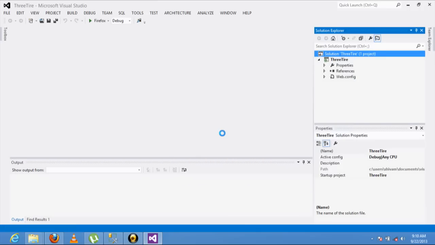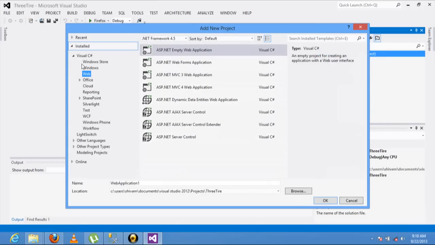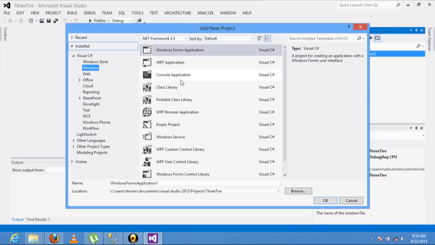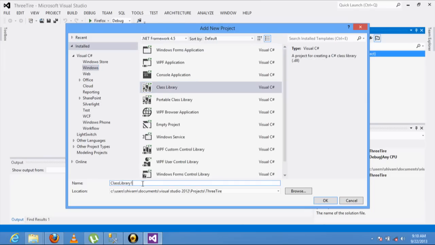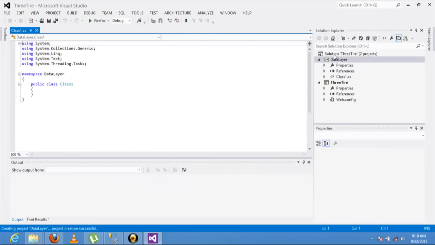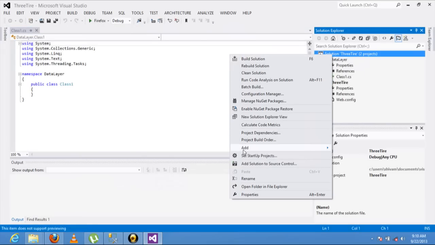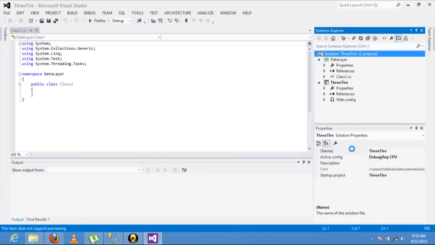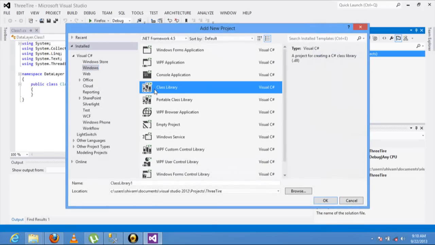Now I add a new project, go to Windows, and add a class library. Let its name be data layer. Now add it. Add another class library, named business layer.